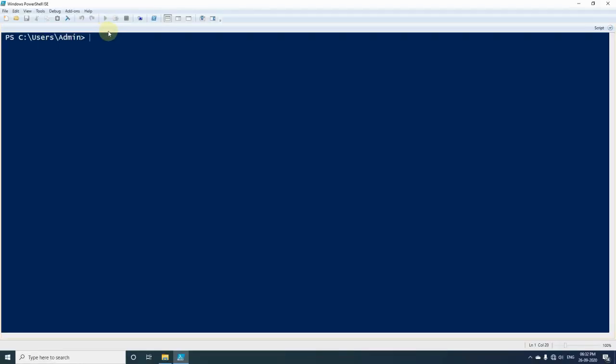And now we will practice some hands-on examples for both commandlets, Export-CSV and Import-CSV, so that we can get practical knowledge of how these commandlets work and how we can use them. So now let's start the hands-on. I have opened PowerShell ISE here. Now we will try examples one by one. First of all we will use the commandlet called Get-Process, and out of that we will select some properties and export those to a CSV file.